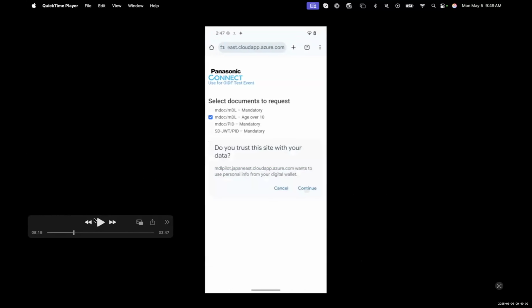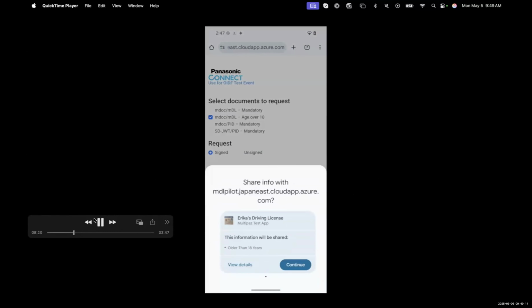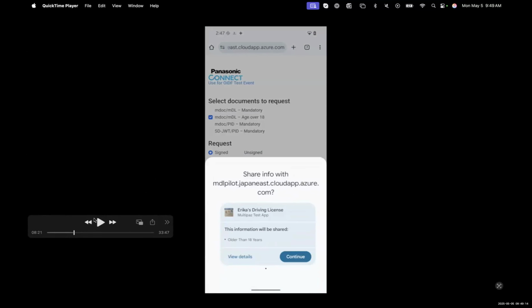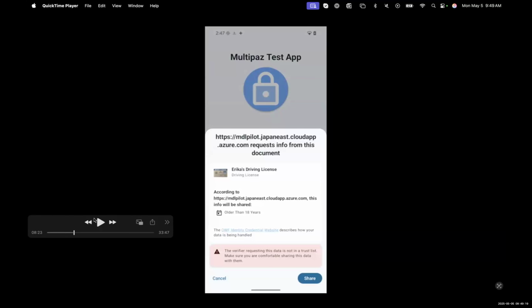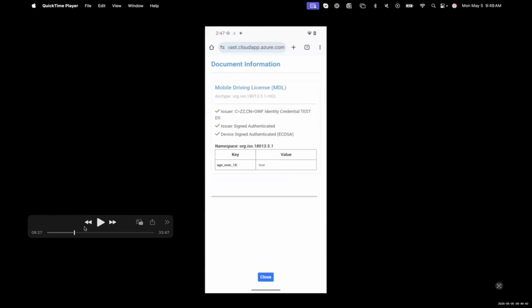now the operating system is drawing the credential selector. The user presses continue. That invokes the Multipaz wallet. And here's the consent prompt. This is drawn by the wallet. The user then presses share. And then what you don't see in the video because of technical limitations is the biometric face authentication prompt. Now the information is shared, sent back to the website, just like all the other videos. And you can see the result here.